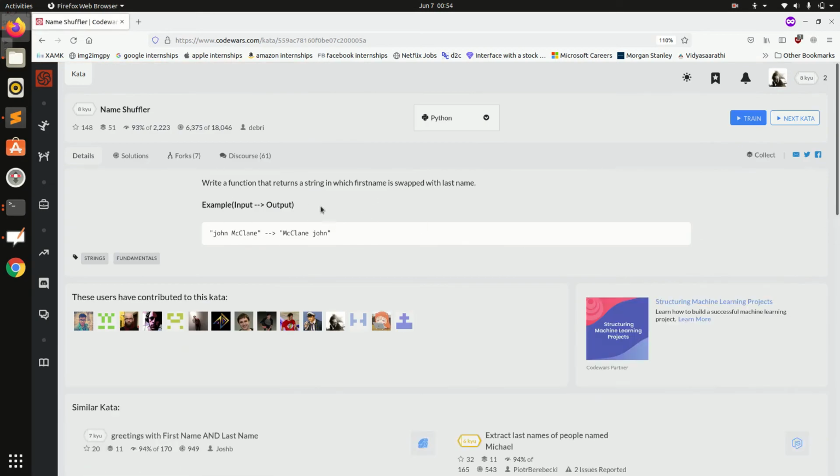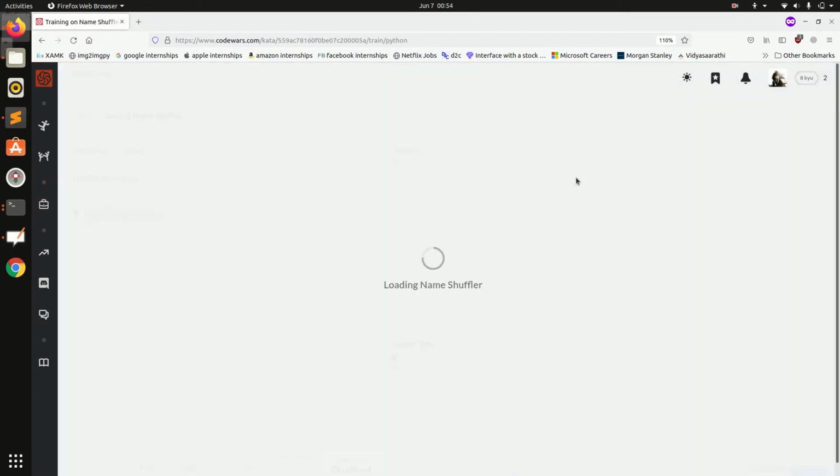I am opening the question, and we have to write a function that returns a string in which the first name is swapped with the last name, and they have given us an example. Here is John McLean, and in output we have to swap the first and last name, so the output is McLean John. So I am clicking on the train button to write the solution,